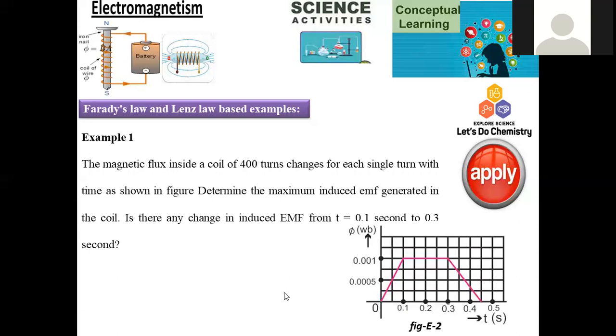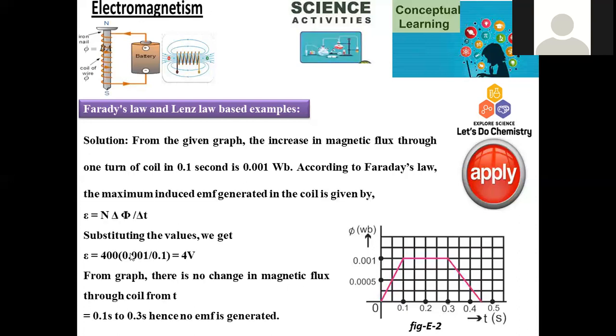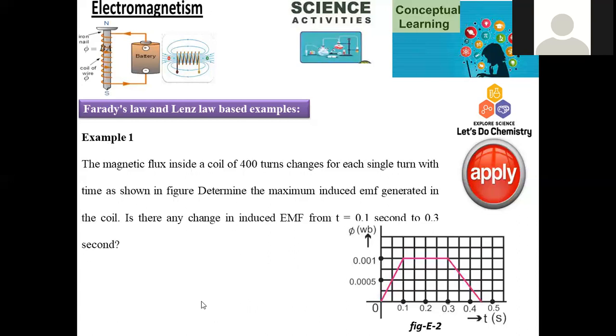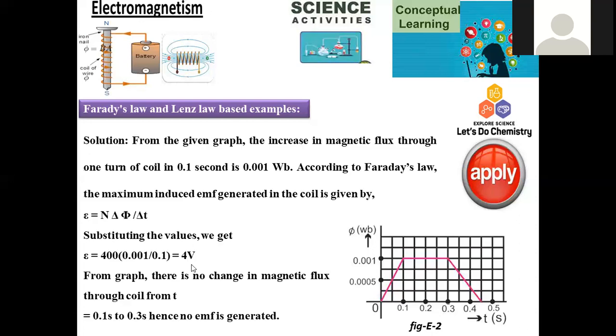the Q value is 0, right? When Q value is 0, so 0 by any other denominator, you can notice that. So that entire value will become 0. And here EMF is taken as 0 volts. So the exact answer for this example 1 will be 0 EMF can be achieved, right?